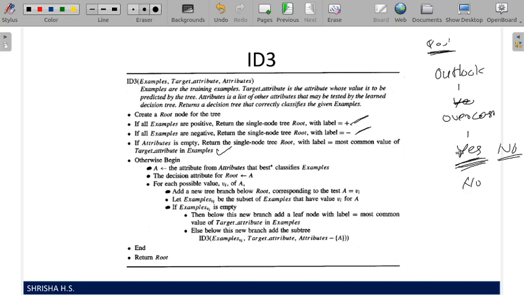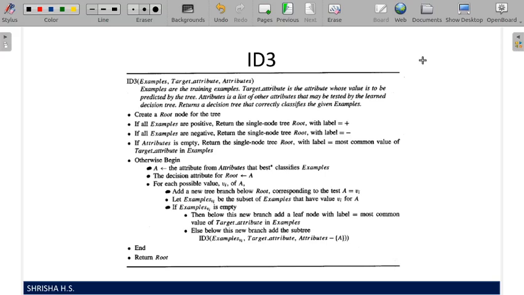That kind of leaf we attach. After checking these three required conditions, later we'll start with our execution.